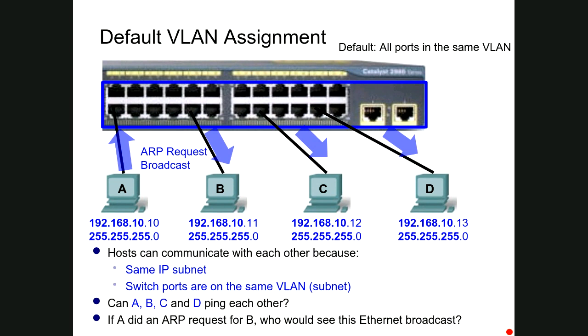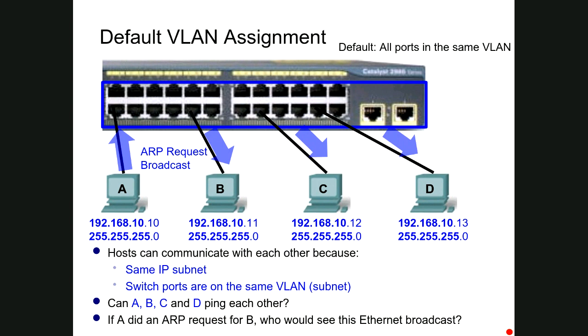So we've configured some PCs here, A, B, C, and D, with some IP addresses, and they're all going to be able to hear each other. So if host A tries to ping host B or host C or host D, due to the mechanism of Ethernet, before they can ping a device, they have to learn his MAC address. So if we went to A and typed the command ping B's address, the first thing that would happen is A would look in his ARP cache. He would not see that IP address 10.11, so he would issue the broadcast request,